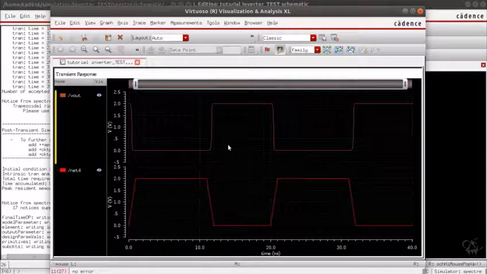You can also notice that by increasing the width of a particular transistor, by increasing the width of your PMOS, the rise time becomes faster, and by increasing the width of your NMOS, the fall time becomes faster. This is because the width is directly proportional to your current. So if there is more current flowing through it, the transistor becomes faster, right? So by increasing the width of your transistor, you are making it faster. So this was it, your basic simulations on your inverter.